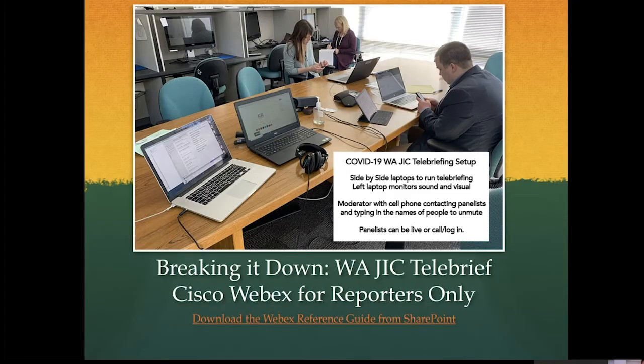We're just talking about Cisco WebEx here at the Washington Joint Information Center, Emergency Operations Center. So as you can see in the picture, you have Corey Portner. He's texting the presenters to make sure they're ready. Jamie Smith is also texting presenters. And then Chris Friedman Oberdon in the corner taking notes, making sure that the presentation is going well. I have the two computers set up to the left. And in the WebEx guide that you can download from SharePoint, you'll see one of the best practices is if you're going to have reporters call in and do the